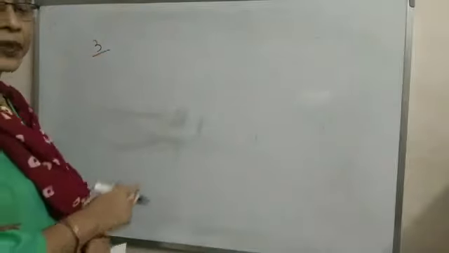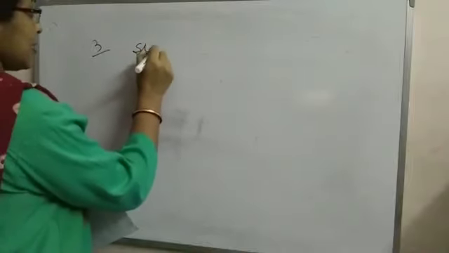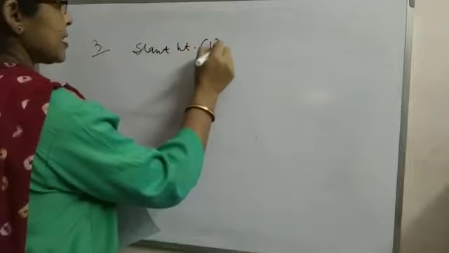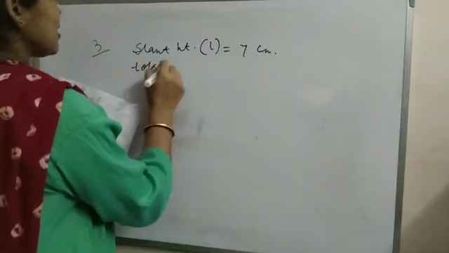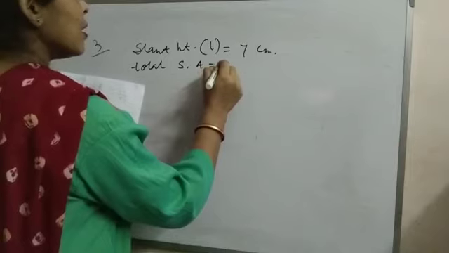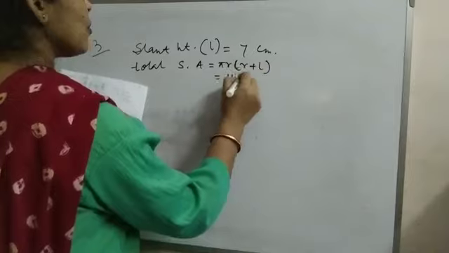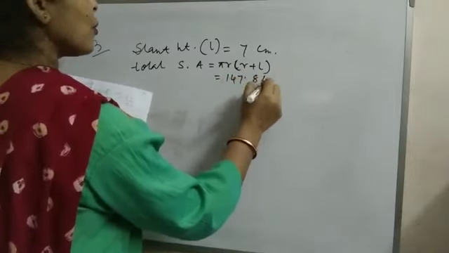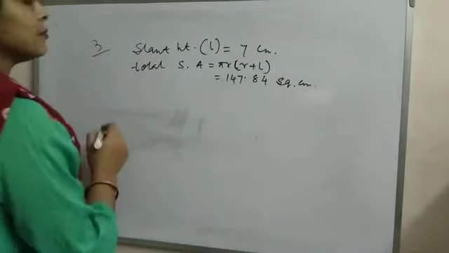Here the slant height of a right circular cone is given, that is sum number 3. This is the slant height, that is L equal to 7 centimeter, and total surface area equal to pi r into r plus L. This is equal to 147.84 square centimeter. It is given,